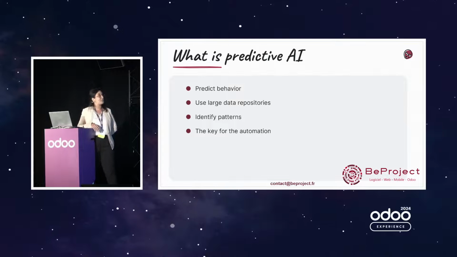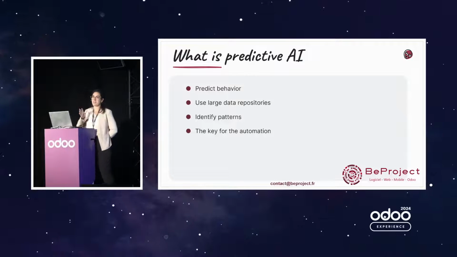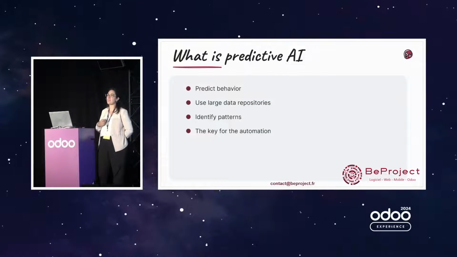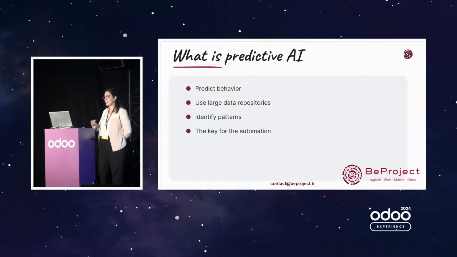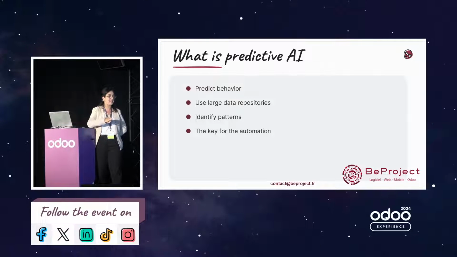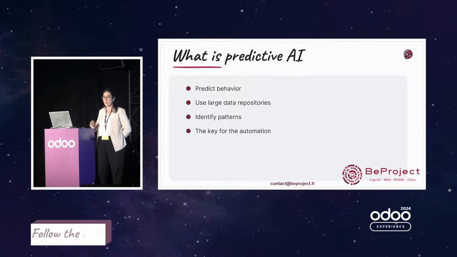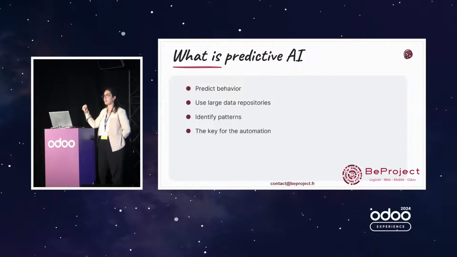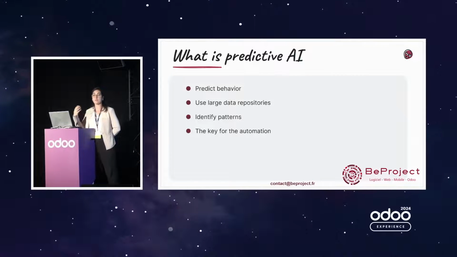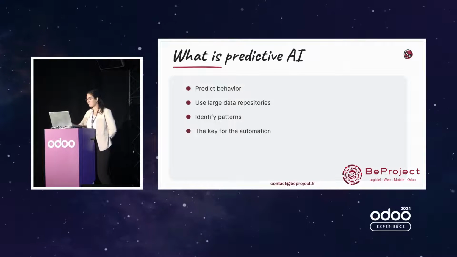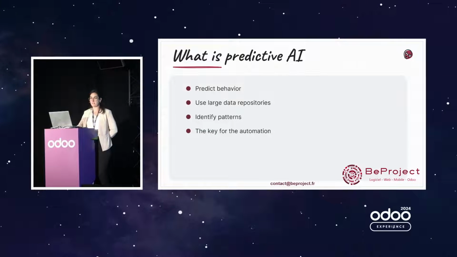And finally, the third one is predictive AI. That's my best one. It's focused on predicting behavior using large data repositories. It helps to identify patterns. And I think that bringing predictive AI and generative AI together will bring automation in our everyday work. Speaking of everyday work,